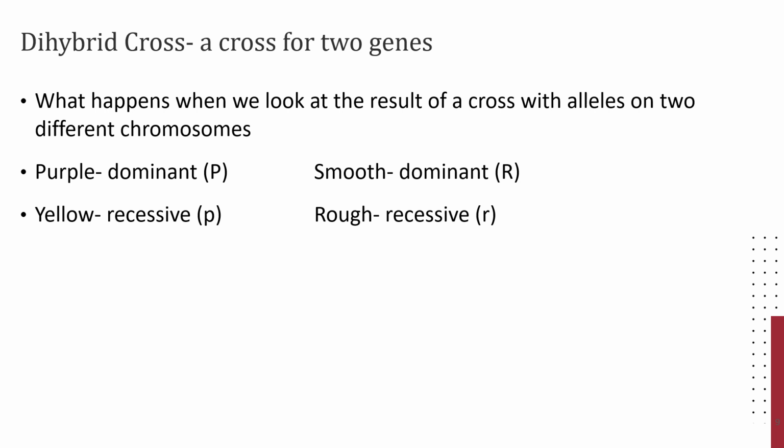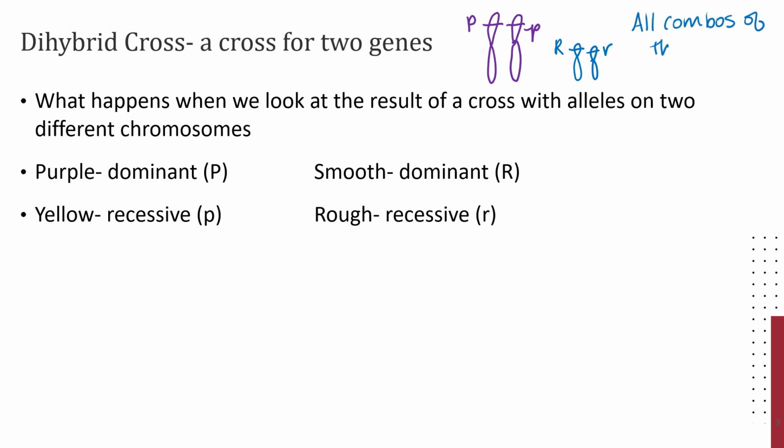We can also look at a dihybrid cross. This is a cross for 2 genes on 2 different chromosomes. So we're going to be looking at corn color again, but this time we're looking at the kernel colors, and we are also going to be looking at the shape of the corn kernels. Our color options are purple or yellow, and our shape options are smooth or rough. Smooth is kind of your normal corn shape. Rough is kind of a raisin-shaped corn. It's not the same thing as drying out a corn, but that's kind of the shape that we're going to get. So we need to figure out all the combos